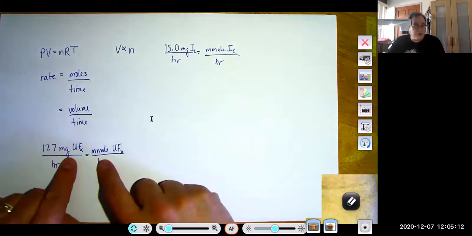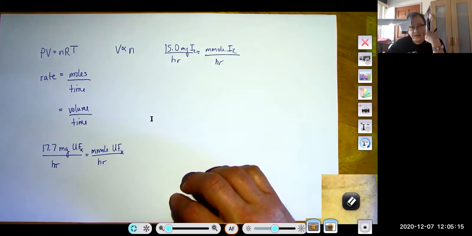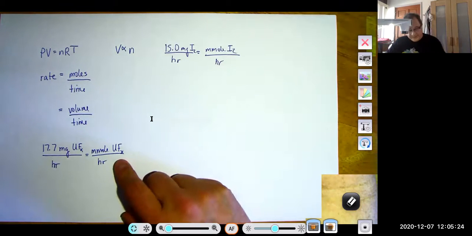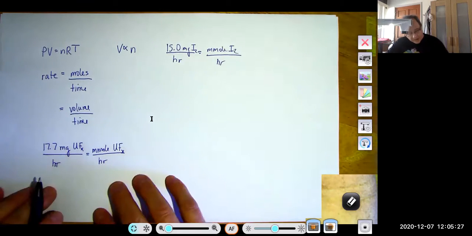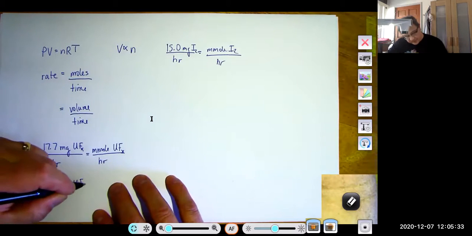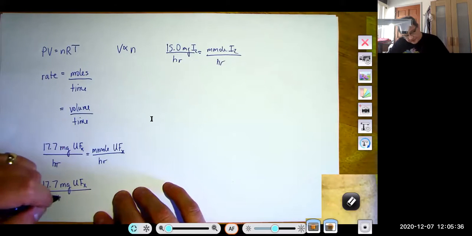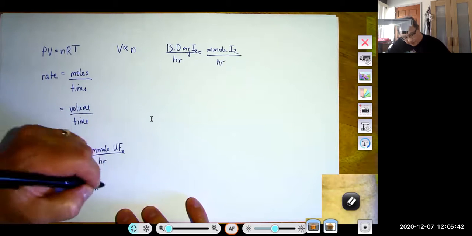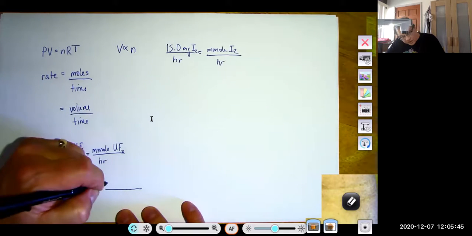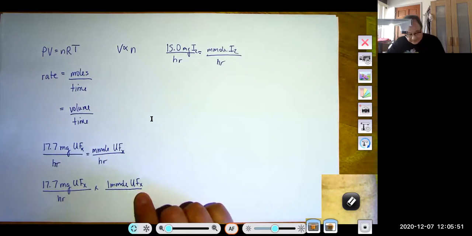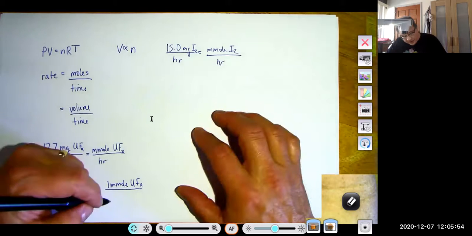We can't do this because we don't know the molar mass of uranium fluoride. And we do need to know that. And if we do know the molar mass of uranium fluoride, we can figure out what its formula is. So what I'm going to do here is write a little equation that shows you how to convert this into millimoles of uranium fluoride. So for millimoles of uranium fluoride, we would have 1 millimole of uranium fluoride. And again, I don't know what X is. I don't know how many fluorines there are. And I'm going to call this per,